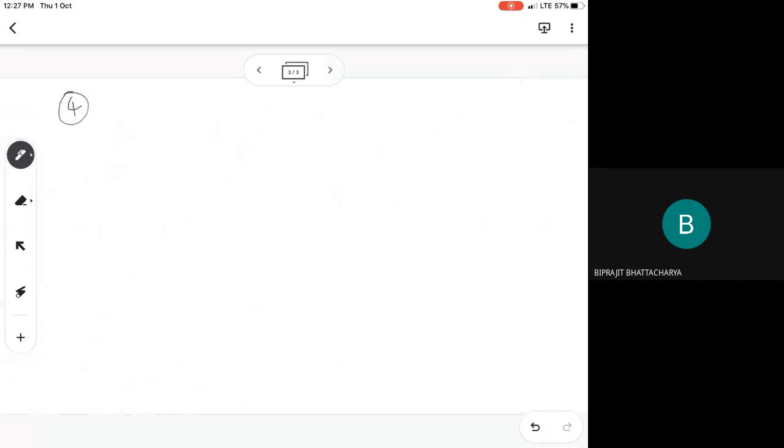So the question is given to you. Secant x is equals to 13 by 5. Is it audible to you all? Yes, sir. Okay. So secant x is equals to 13 by 5 and you need to find out the other 5 trigonometric ratios. One is given to you. And here x belongs to the fourth quadrant, it is given to you. Isn't it? x belongs to the fourth quadrant, quadrant 4.